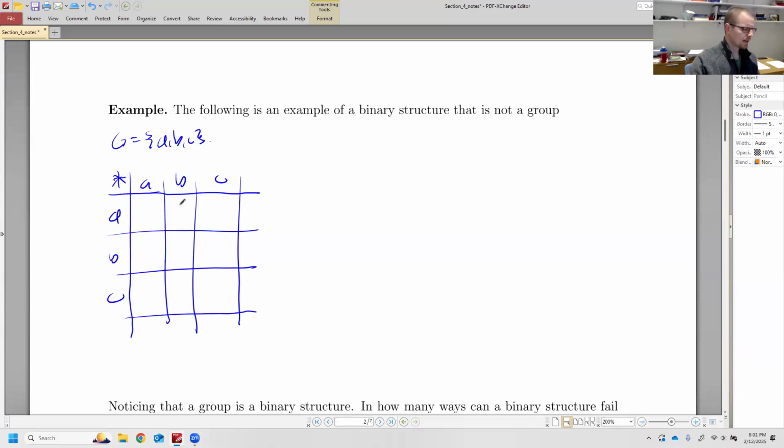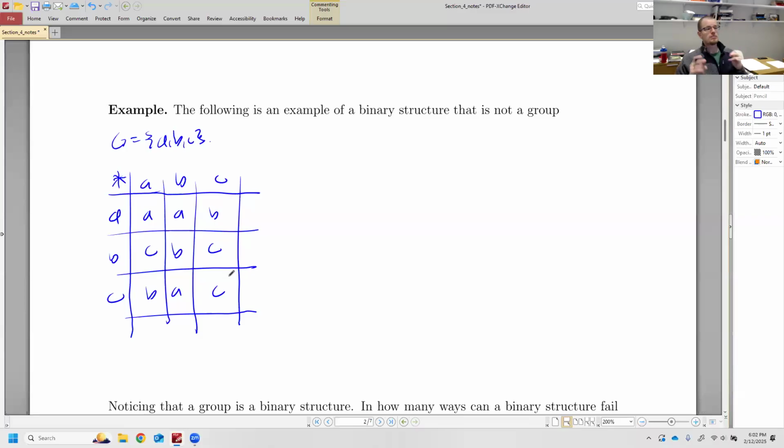Then I defined this binary operation to give us A, B, C, B, C, B, A, C. And we talked about commutativity, and we were able to observe here that this is not commutative,